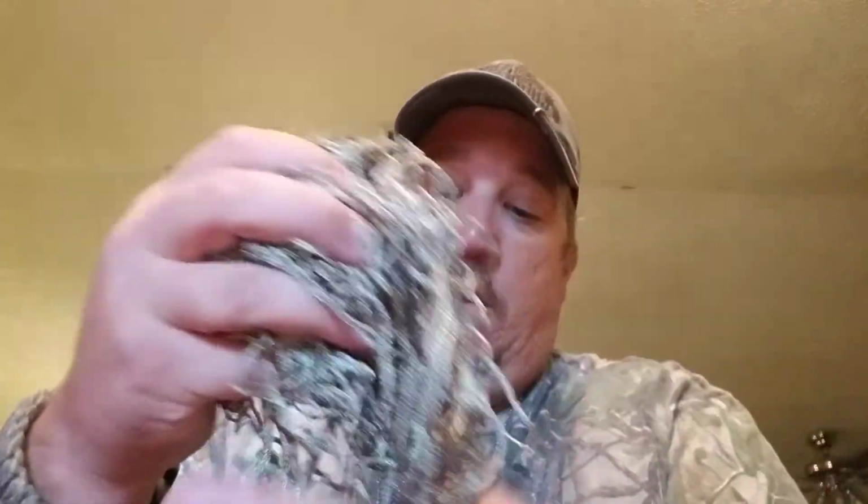I mean, the garden section of any store has some kind of netting in them for rodents and pests and rabbits and deer, different size mesh, everything. And I mean, it'll help you. It's just one more thing that you could have. And this net don't weigh nothing. You can shove it into a pocket somewhere and not even realize it's there. Set it up on one end of the stream that you're fishing in and use your pole and your kit at another end. But again, this is just little quick and simple,